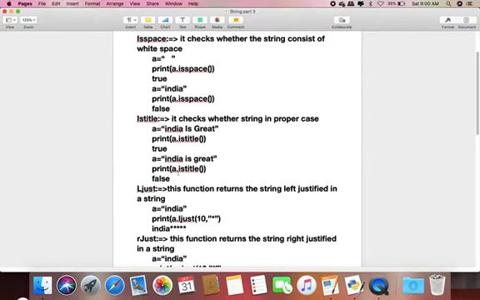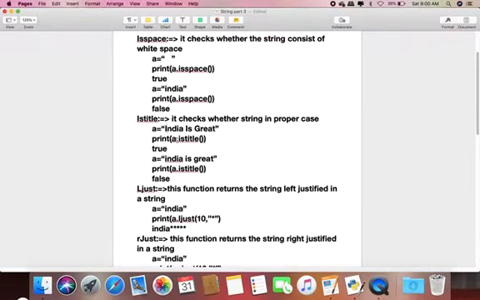Our next function is istitle. In the previous video we learned about the title function. What was the title function? If I write a equal to India is great, as we can see, the first letter of every word is in uppercase.